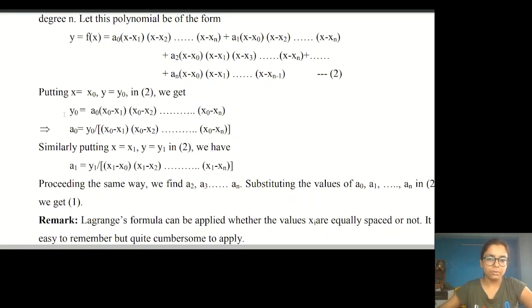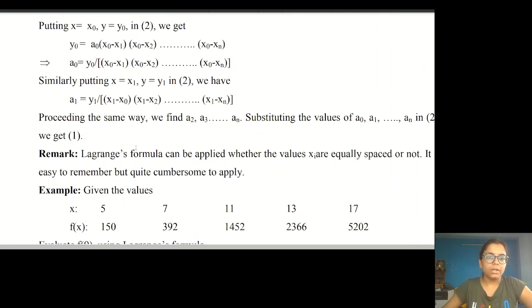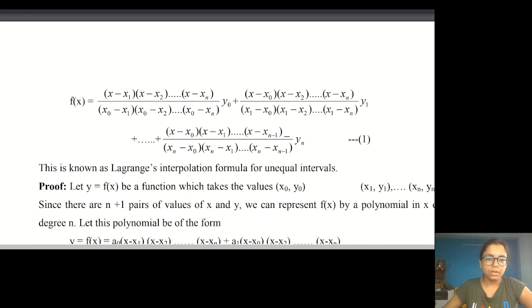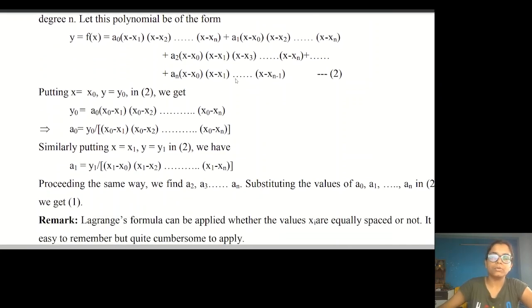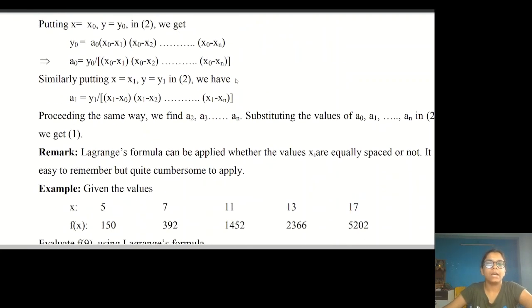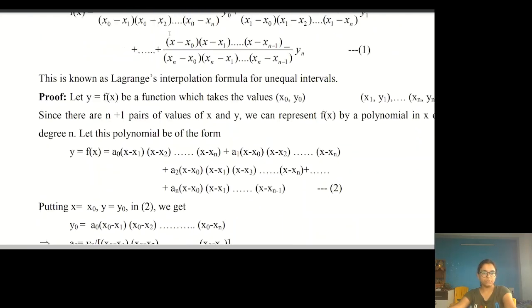We have to get it to that, and Lagrange's formula is actually a little cumbersome to learn, as it is a little difficult when it comes to computation. We have already known that Lagrange's formula is applied whether the values of xi are equally spaced or not. It is easy to remember but quite cumbersome to apply. We usually remember it,